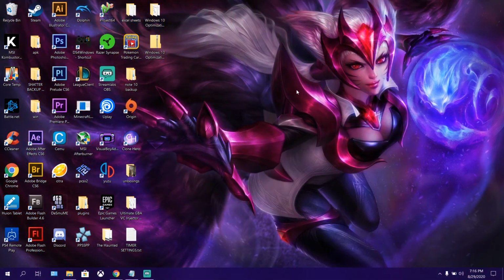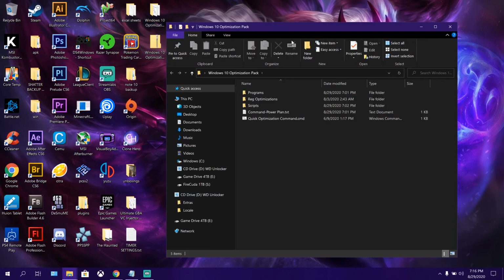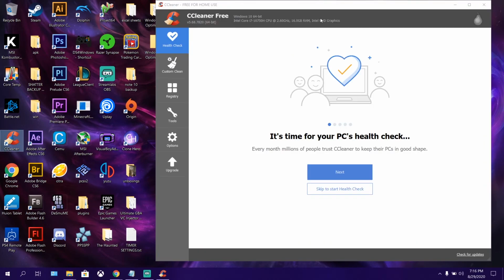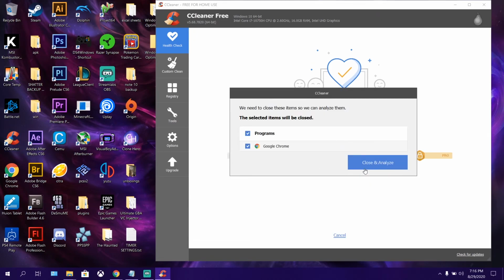And this is going to be the Windows optimizations for Windows itself. So in the link below, you're going to see a download link to something called the Windows 10 Optimization Pack. After you download that, you're going to double click into it. You're going to go into Programs, and you're going to go into CC Cleaner, and you're going to install CC Cleaner. Once CC Cleaner is installed, just like this right here, go ahead and just skip to Start Health Check,